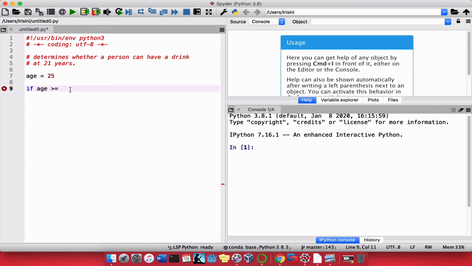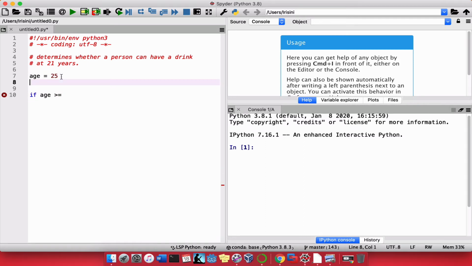Okay, and maybe let's create a variable called drinking age, and let's say 21. So if age is greater than or equal to the drinking age, colon,